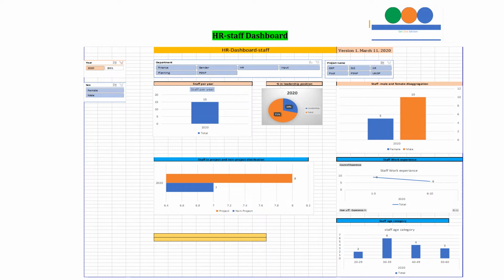Coming to individual slicers, let's see how the performances look based on the slicers. And the first slicer is by year. In this particular case, 2020 is selected, and in that case, the number of staffs are 15, and the leadership position is filled by 29%,